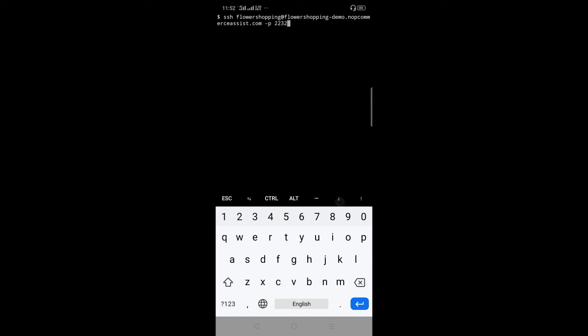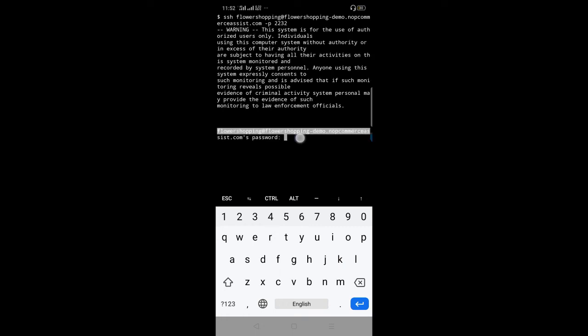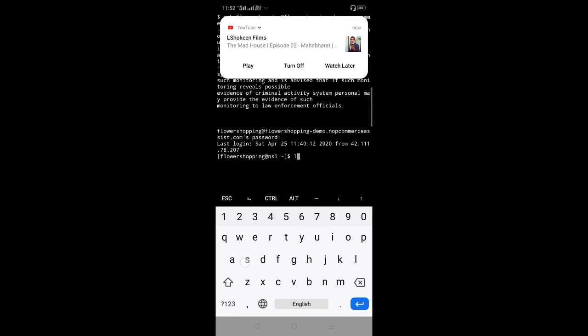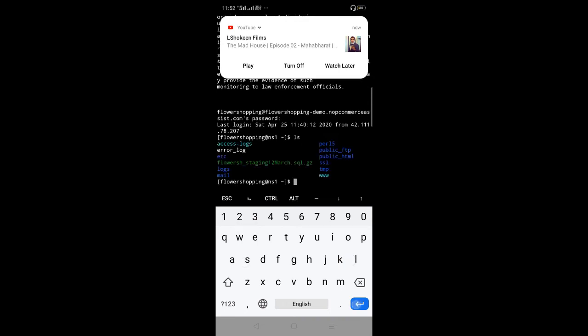Here is the ssh command with which you can access your SSH details: type ssh, your username, your host name, and -p and your port number. Now hit the enter button, and it will ask for your SSH password. I have simply pasted this password and hit the enter button. As you can see, SSH has been logged in successfully, and now type the ls command.